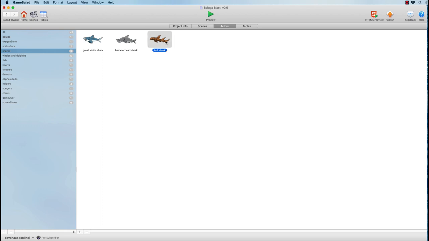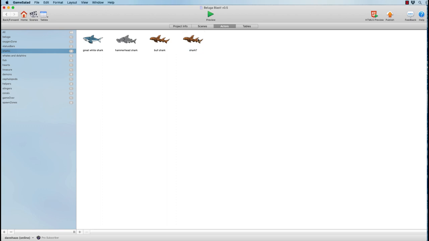This is really nice because it's so easy to make a new object. You can copy. So if you go here, copy, and then paste, it's just that easy to make a new animal. So if we wanted to add a 4th kind of shark, I'm not sure what kind we'll do here.